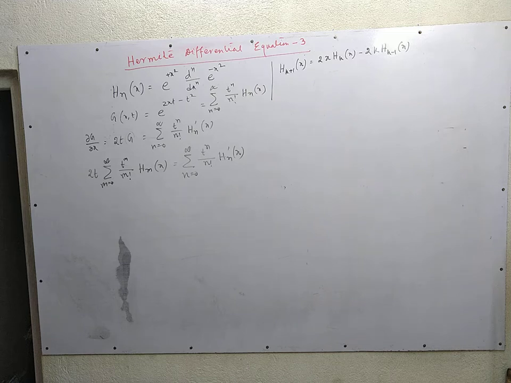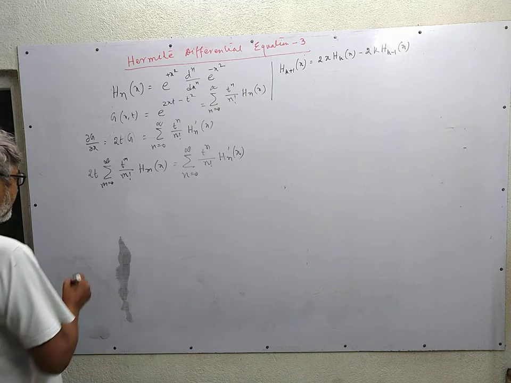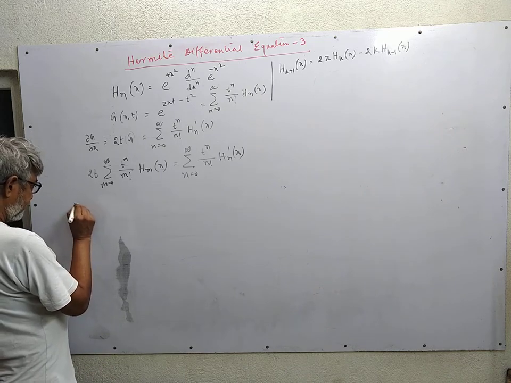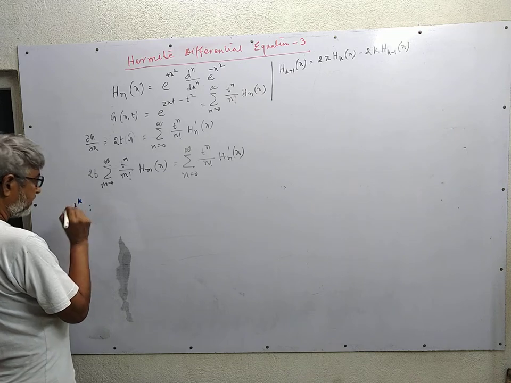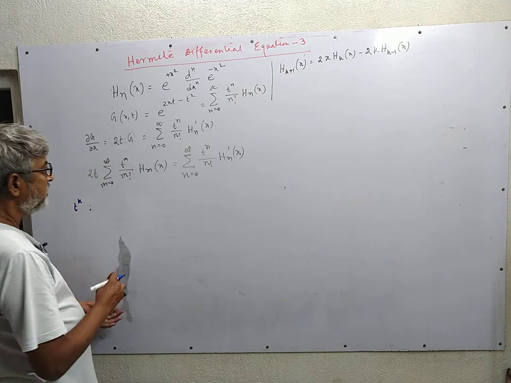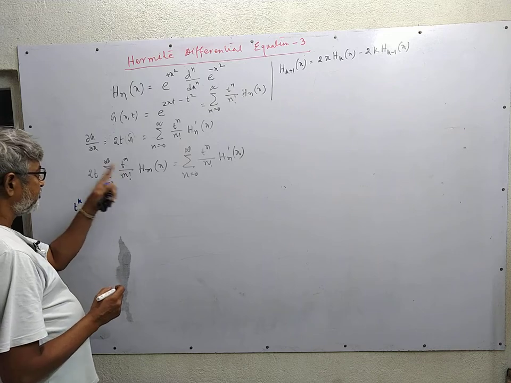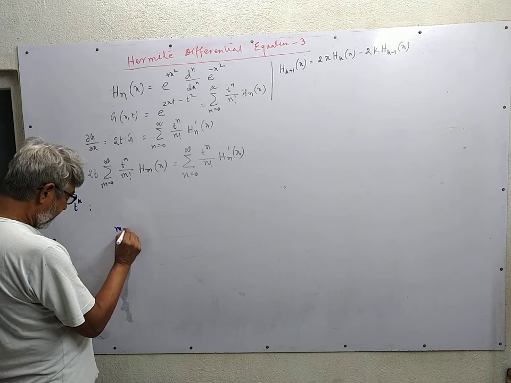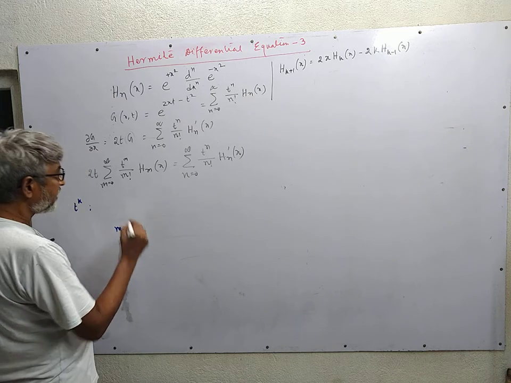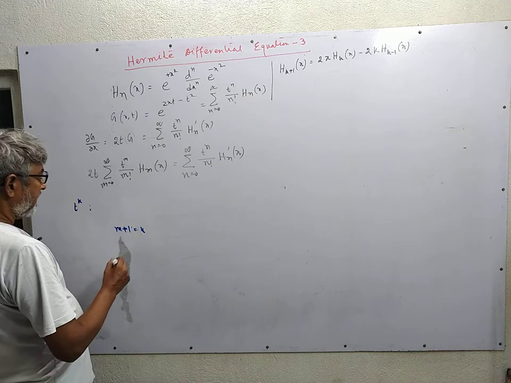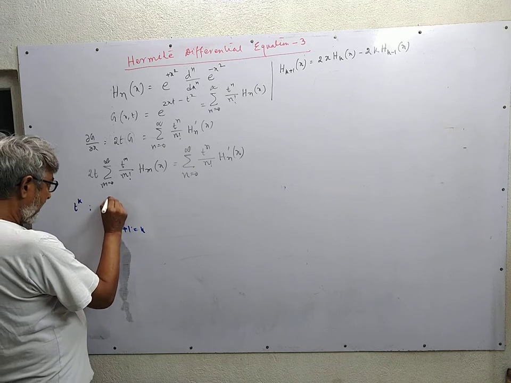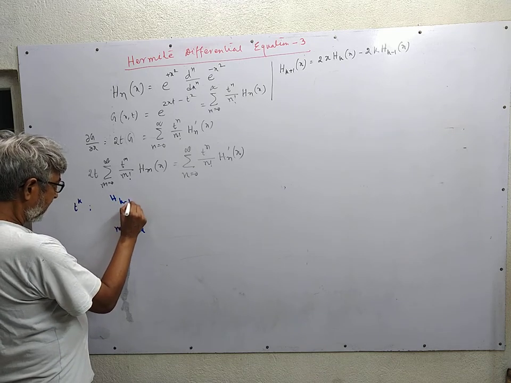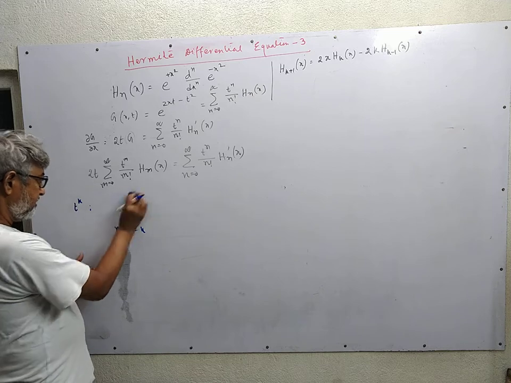So the coefficient of a particular power of t will be the same on the left as well as on the right hand side. So the coefficient of t to the power k. This term will contribute to t to the power k when n plus 1 is equal to k. So when n plus 1 is equal to k, n is equal to k minus 1. So h of k minus 1 of x